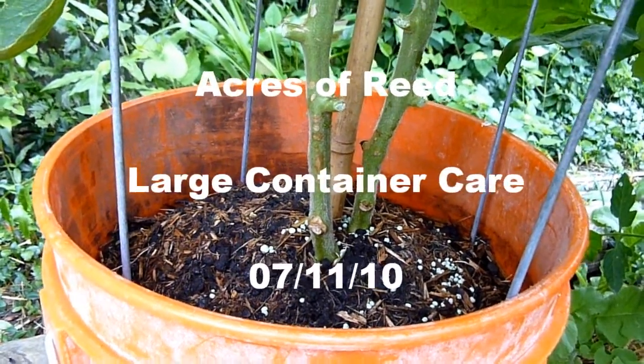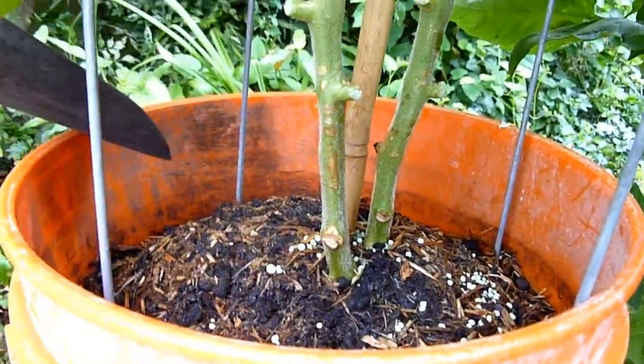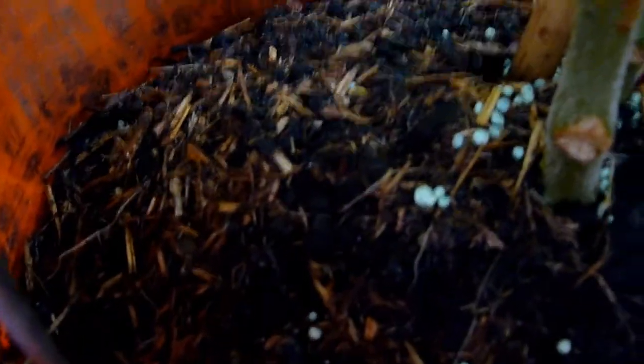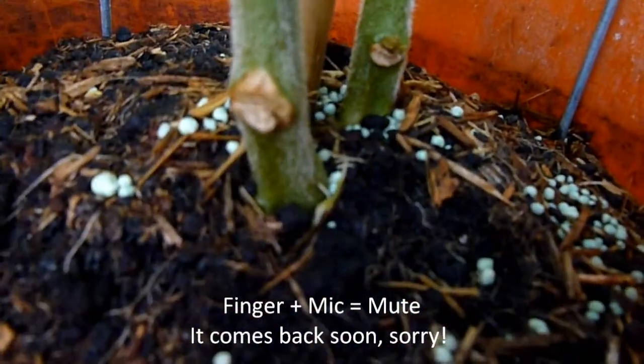Well, good morning. We're doing another update here. As you can see, this is our container tomato, and you see how low the soil is, and it also goes down and around the edges. One thing you need to remember when you do